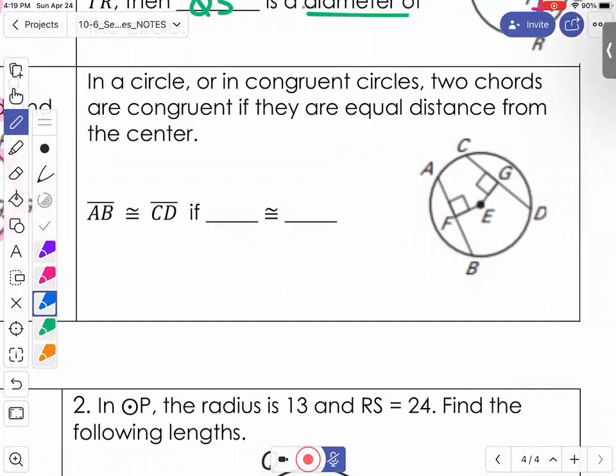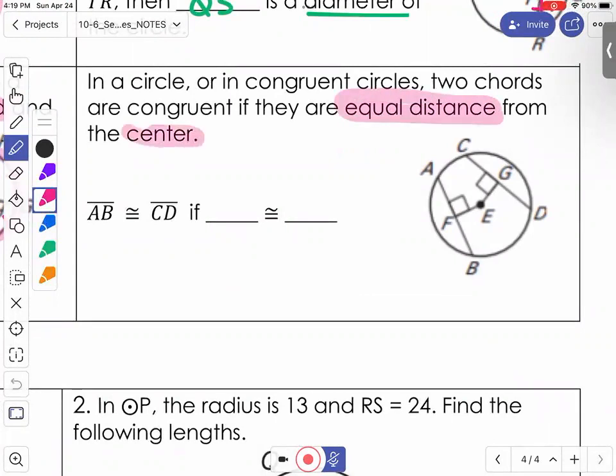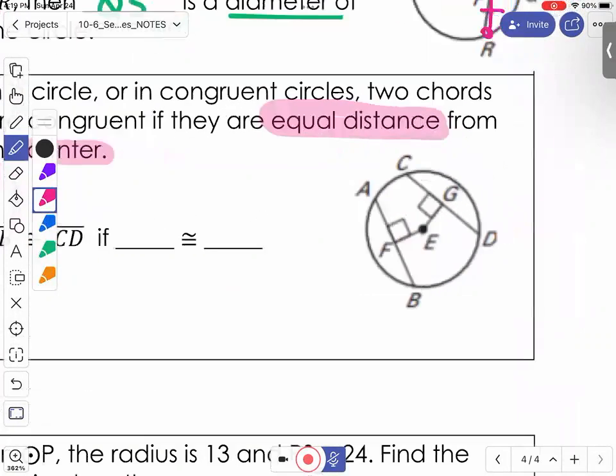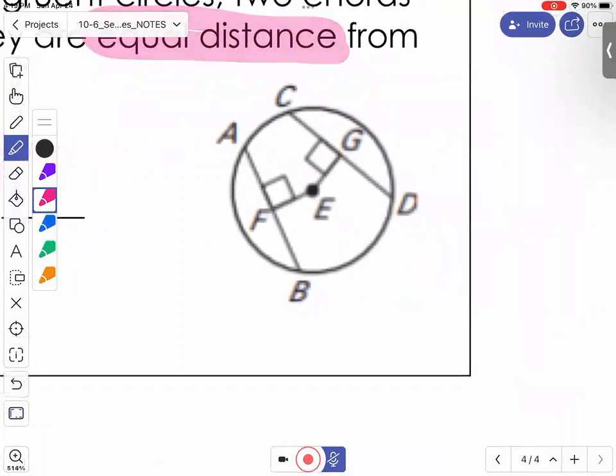Our last property. In a circle, again, or congruent circles, two chords will be congruent if they are equal distance, or equidistant, from the center. So looking at this picture,